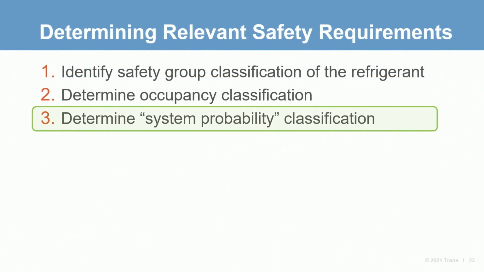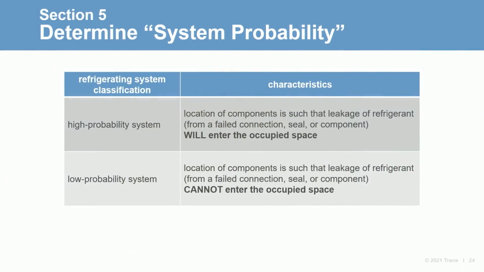The third step then is to determine the system probability classification. For this step, Standard 15 classifies refrigerating systems according to the likelihood or probability that refrigerant leaked from the equipment could reach the occupants of the building. A high probability system is one in which the location of its components is such that a leak from a failed connection, seal, or component will result in refrigerant entering the occupied space. Now, some common examples include a packaged DX rooftop unit, a DX split system, water source heat pump,